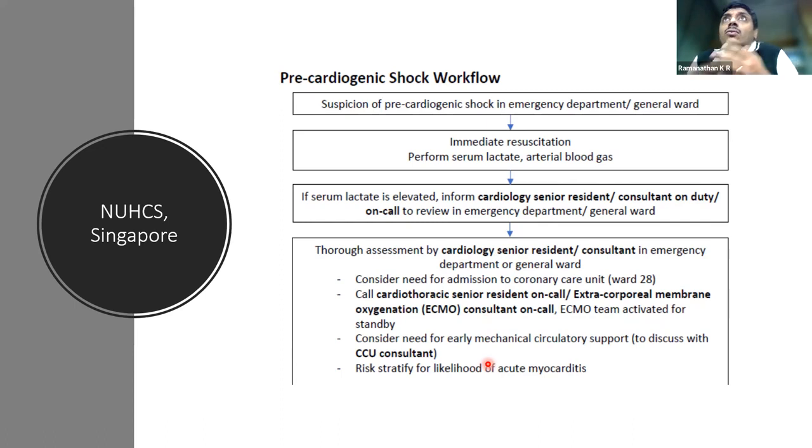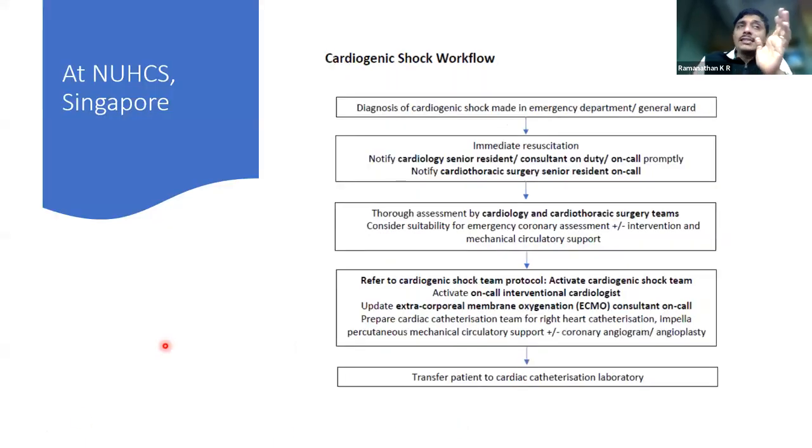Once they get to know whether the patient is in pre-cardiogenic shock based on certain important parameters, we have an algorithm that says these are the things that need to be done. This patient can either be managed in the CCU or in the general ward, depending upon what stage of pre-cardiogenic shock they are in. And when they are being monitored closely, there are a few other things which the primary team would follow up to make sure that they're not progressing to the shock state. And in case they progress to the shock state, or if the patient presents to the ED in the shock state, then there is immediate resuscitation,